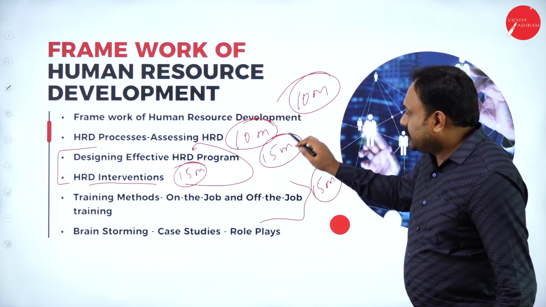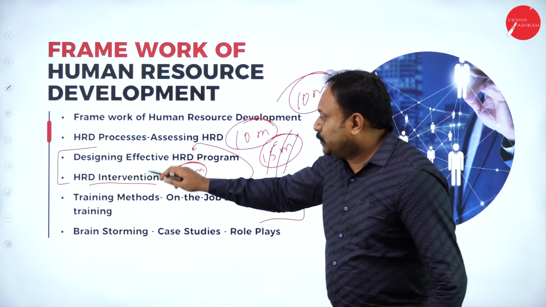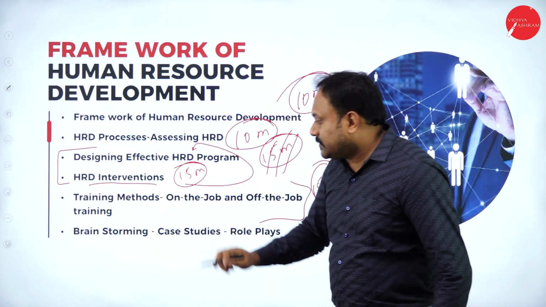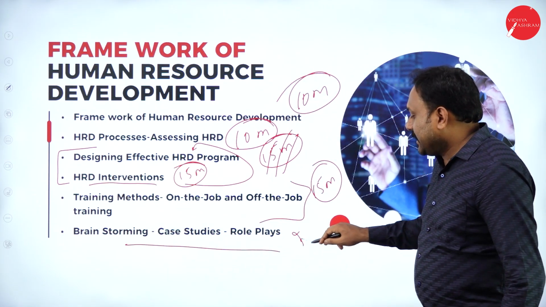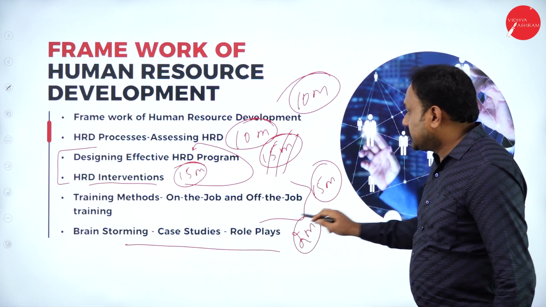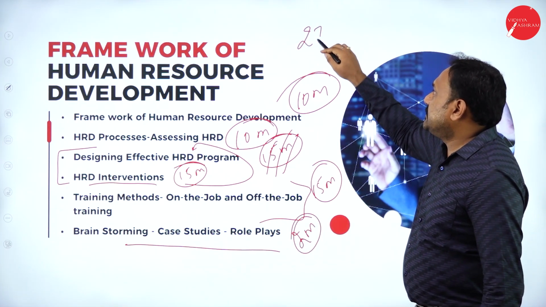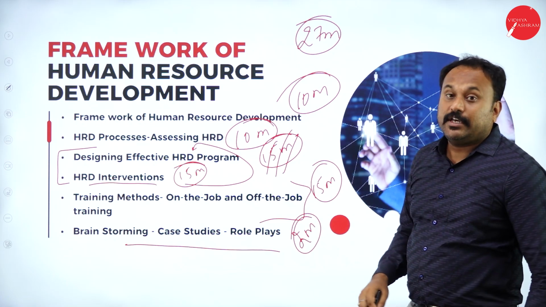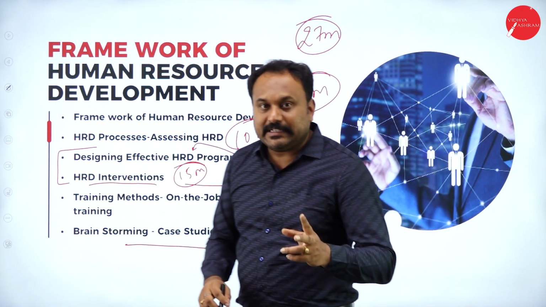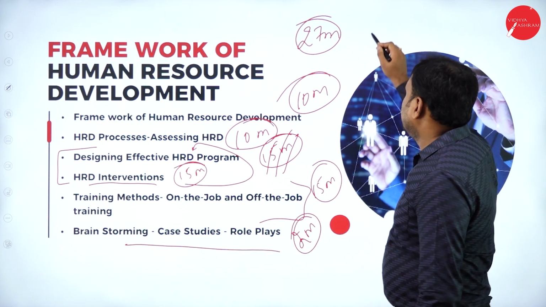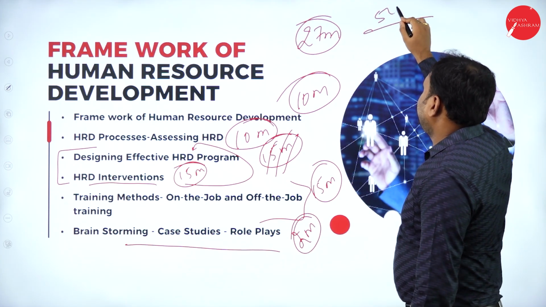So here, this is not a 15 marks question. This 2 is a 15 marks question. Brainstorming, case study and role plays can come for 2 marks. Again, this is a 27 marks chapter. If you study 2 chapters, 27 each, if you get 1 and 2, definitely you go for 54 marks